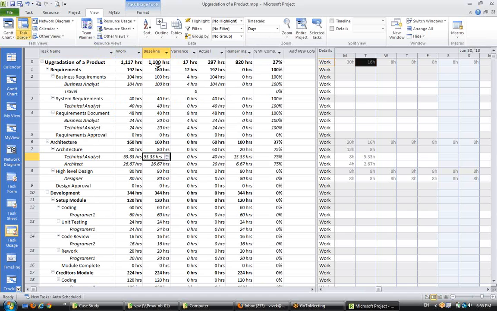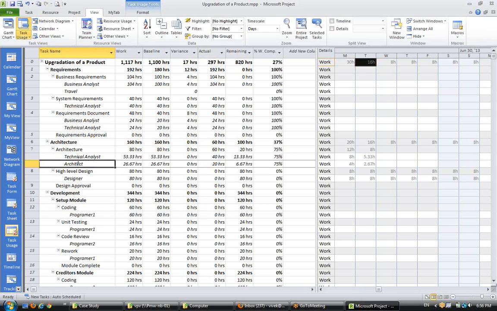Now I'm in this. You see this, how it is happening. Now 20 hours are remaining. If I say all 80 hours are done, then the proportion of this will be distributed to technical analyst and architect in the same proportion they are allocated. The distribution of the efforts will be to technical analyst and architect in such a way,